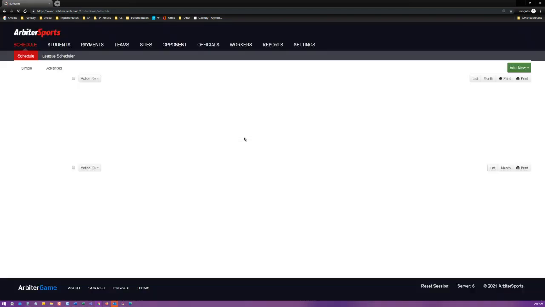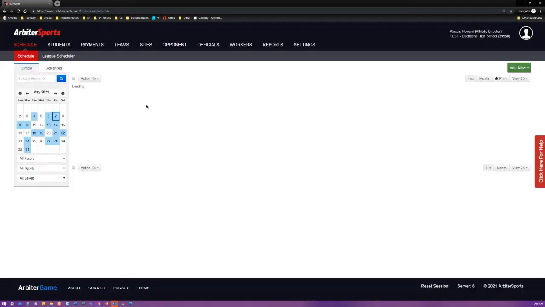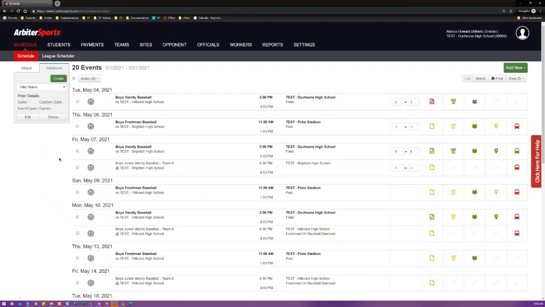So once you're done filtering your games, then you can go ahead and either specifically select the games you want to update by checking the boxes here on the far left side, or to select all of the games on the current filter, click this checkbox here at the very top, and it will select all. And then you can go ahead and go to the action menu here